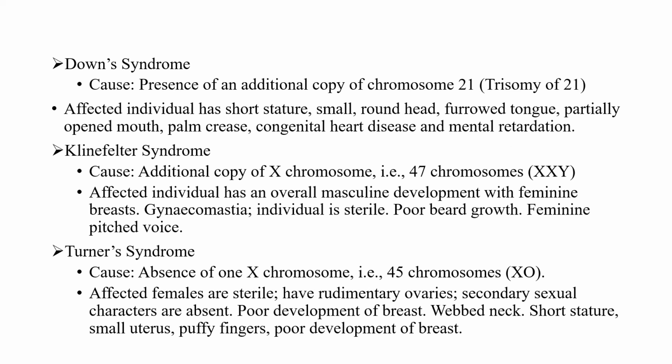Here we can see first Down syndrome. This is 21 trisomy, presence of an additional copy of chromosome. You know, in all pairs only 2, but here one more chromosome is there. So trisomy of 21. The affected individual has short stature, small round neck, furrowed tongue, partially open mouth, palm crease, then congenital heart disease and